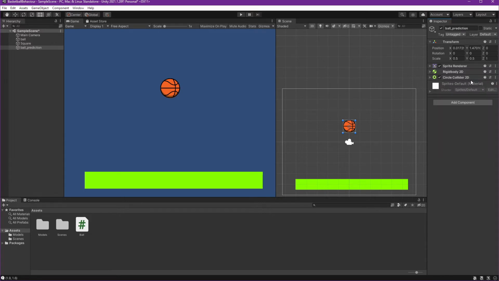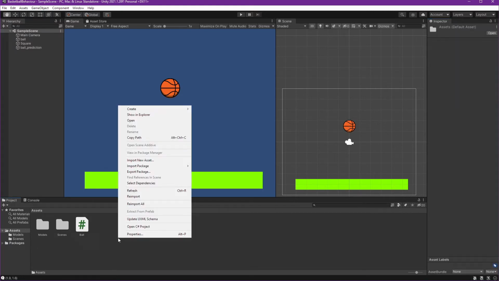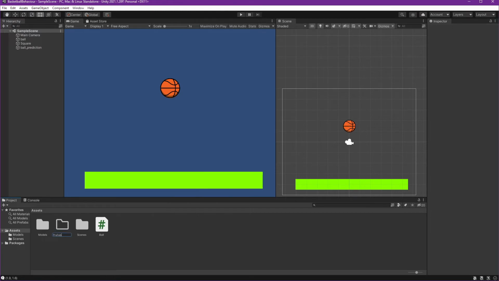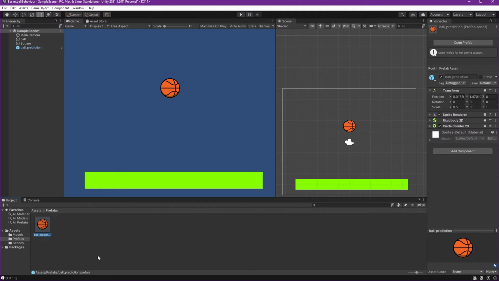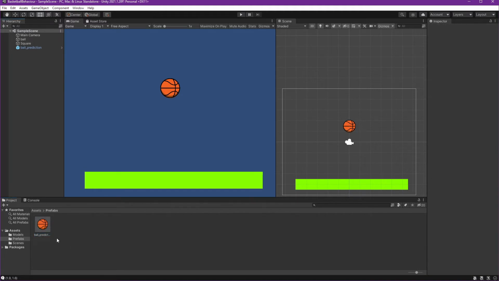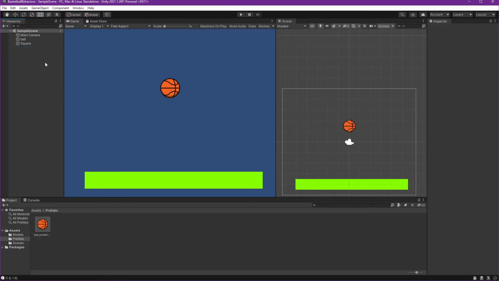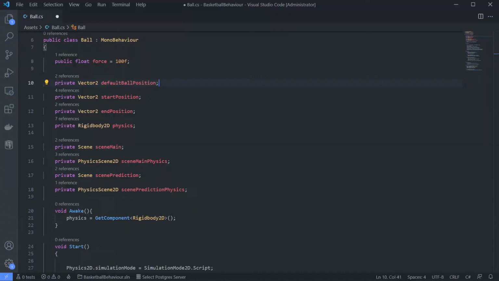Okay, we can keep the collider even though we are not using it right now. And let's make it a prefab. Create folder, prefabs, and send our ball prediction to prefabs because we need that to be spawned. Now we can remove this, save it, and go back to our script